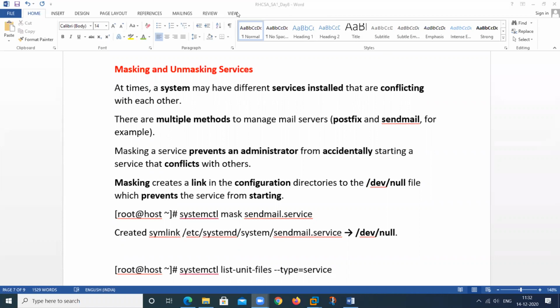So to avoid unwanted services being started, we use the masking process. Okay. And Gitu and Rahul, what is the opinion about masking and unmasking? Basically, what we are doing through masking is we don't want some service to start. That is why we mask that service. And if we want to start the service, then we unmask it again.